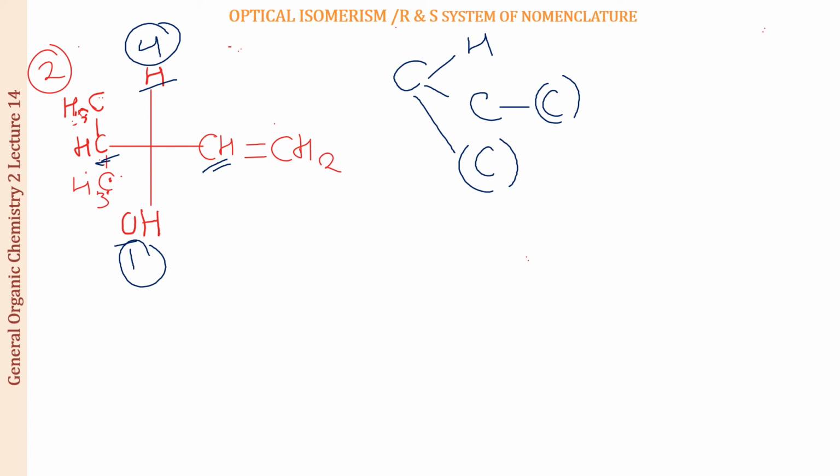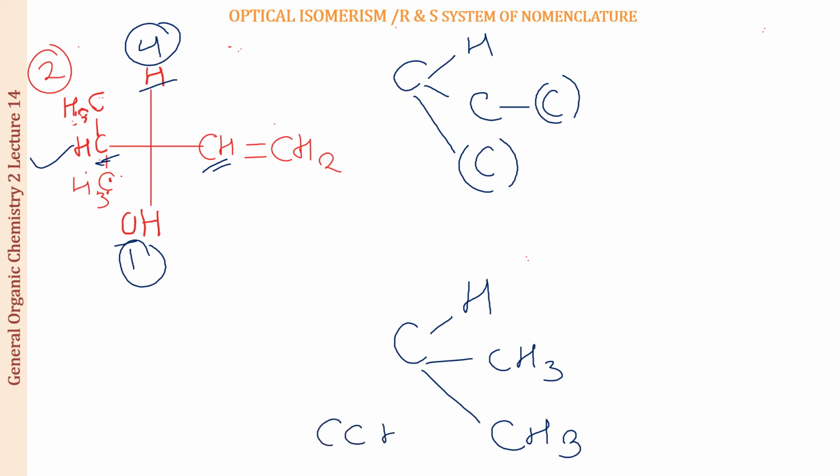Now you look at this side, what you can see is that we have a carbon which is forming a bond with a hydrogen. It is the CH3 group and this is the CH3 group. Okay, so here it is a C, C and a H, and this one is also a C, C, H.